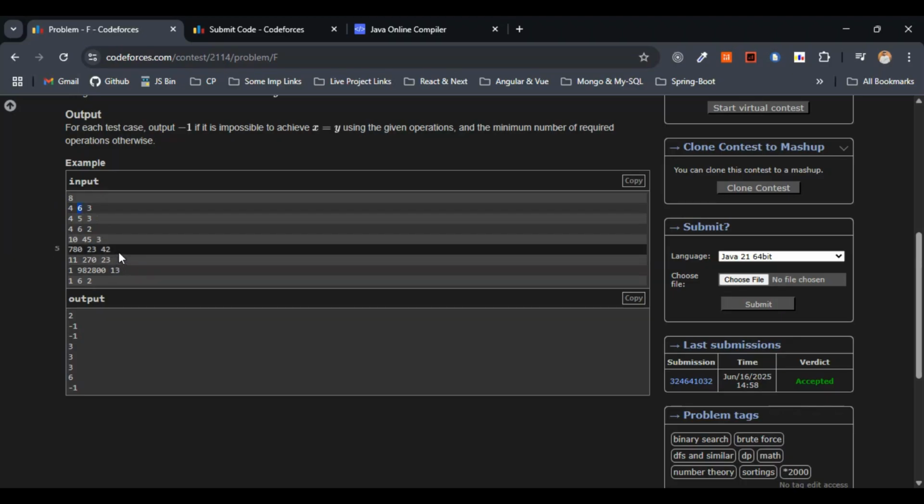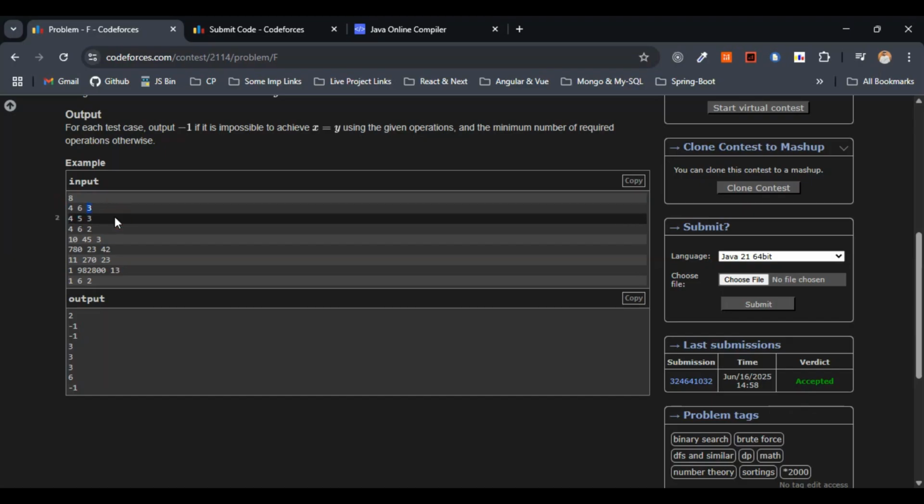The main goal is to reach x equals y in the minimum number of operations. The maximum number of operations they have given is k, here 3 operations. So 4 is x, 6 is y, and k is 3. Our goal is to reach x equals y in the minimum number of operations,